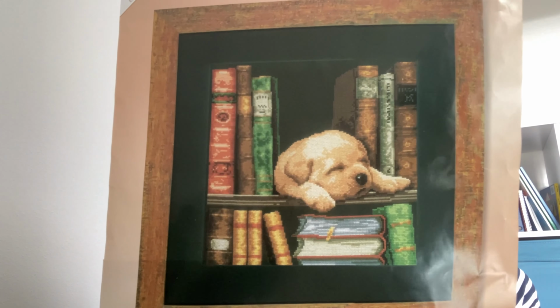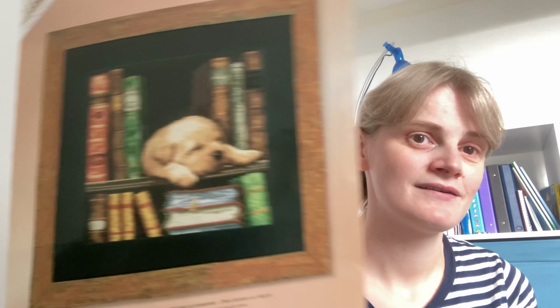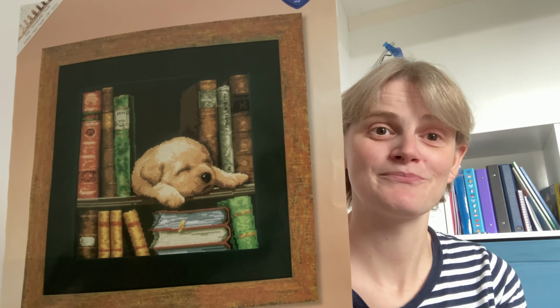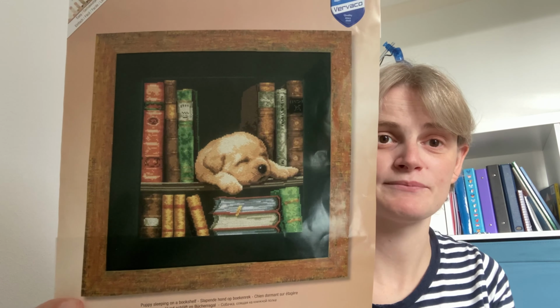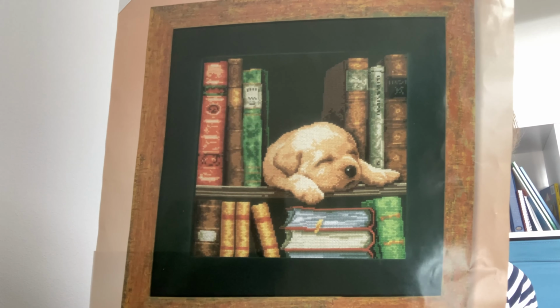The third one I started, also a Vervaco kit, was, where is it? Sleeping dog in a bookcase, a yellow lab. I really like dogs. I've got a black lab myself and I love them, but they didn't have patterns of black labs, so it's a yellow one. I love it. I don't know why I still haven't finished it, but it was my first piece on black Aida,